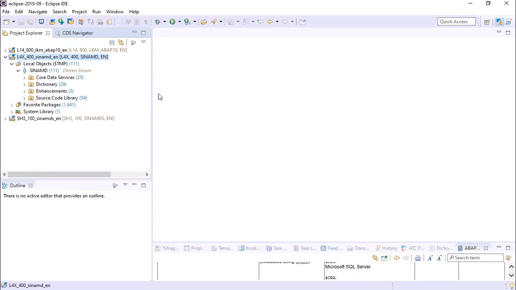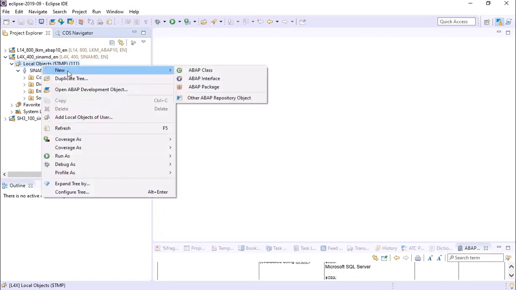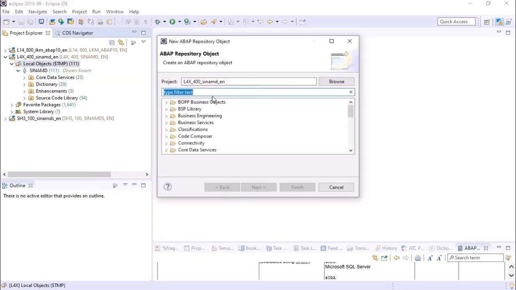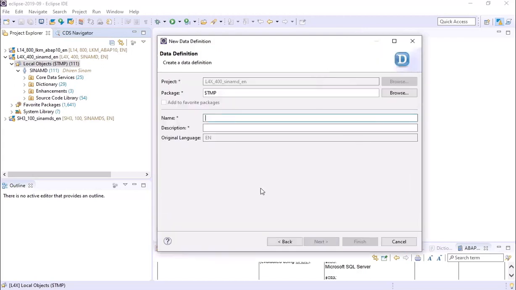To create a CDS view, we can follow the navigation path: right click on the package, follow new, other ABAP repository objects, scroll down till core data services, expand it and select a data definition and click next. Give the name of the CDS,